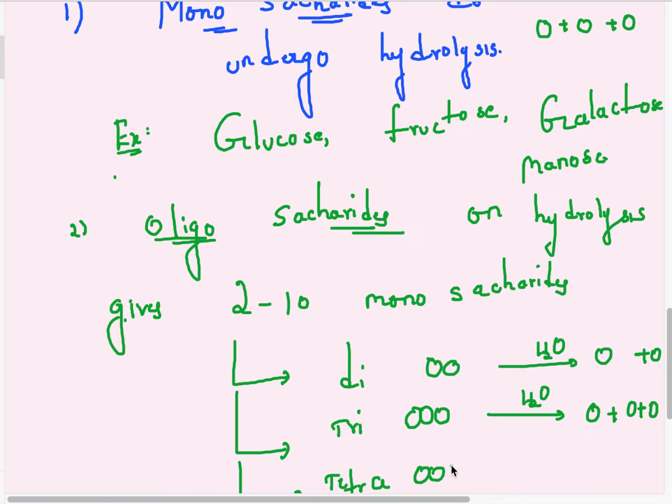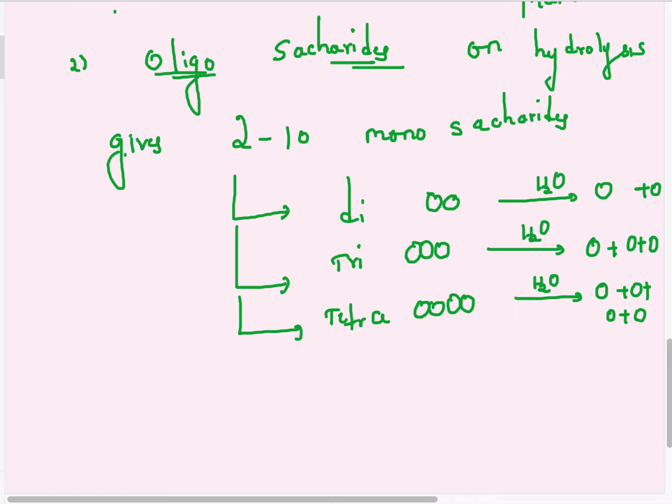Next, tetra: 1, 2, 3, 4. So to understand this one, I am giving a diagrammatic explanation. 1, 2, 3, 4. See, finally 2 to 10 monosaccharides it will give. These are all we consider as oligosaccharides. Okay. Now, next one,